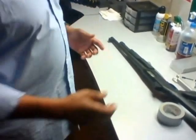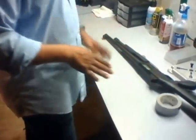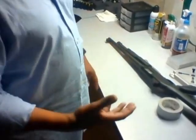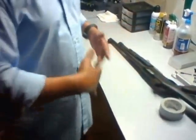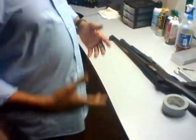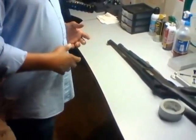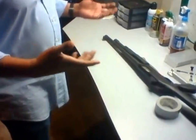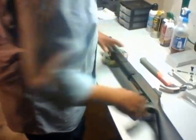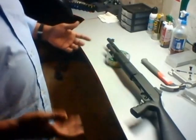Now, like I said, for this project, because of the way this particular firearm is, it breaks down really easily. They haven't sent me a tool that's long enough to go down here, or I would take this part off and do some more intensive breakdown of it. But what they gave me is definitely enough for me to do what I need to do to break it down. And if it's not, then what I'll probably wind up doing is taking this off anyway, which I kind of think I'm going to have to,